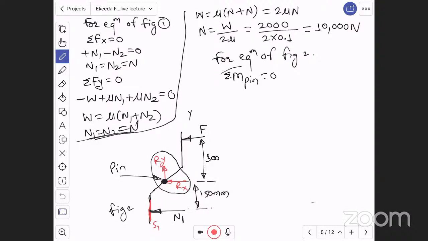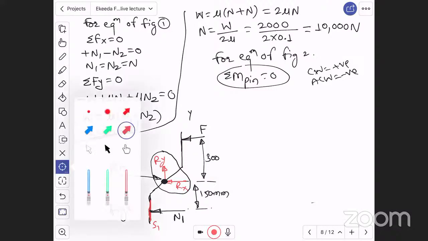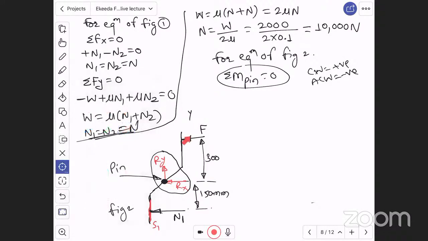Therefore summation of moment about pin is equal to 0. Now for clockwise moment we have to consider positive, for anti-clockwise moment we have to consider negative, right? Force F is creating anti-clockwise direction about pin. Normal reaction N1 is creating clockwise direction, right? Therefore minus F into distance 300 plus N1 into distance 150 is equal to 0,